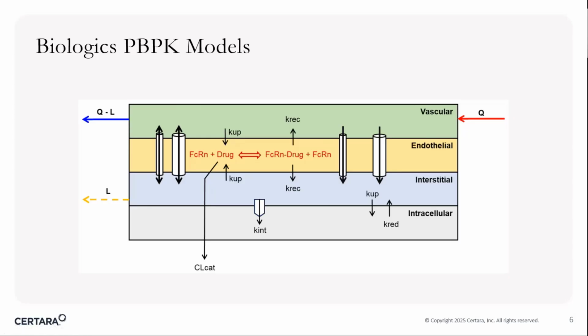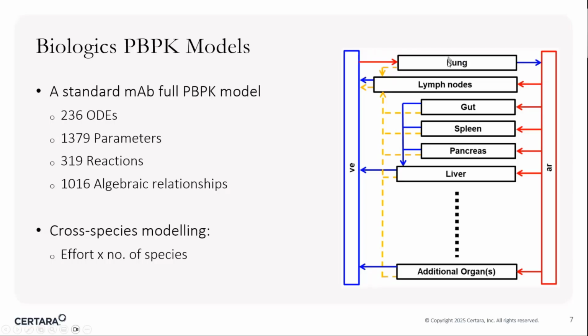And to build the full PBPK model, we combine those four compartmental structures. We replicate this to represent different tissues and combine them into the full PBPK model. So each rectangle here represents an organ, which is made of the same four compartment structure that we have seen on the previous slide. So if you want to build a standard monoclonal antibody full PBPK model, and when I say standard, I mean there is no TMDD, there is no IgG competition, there is no fancy stuff,